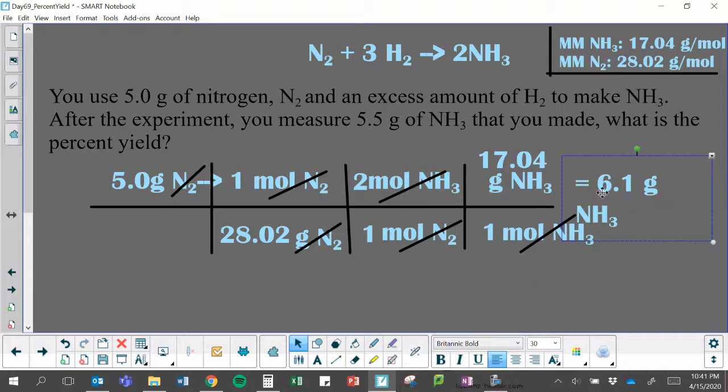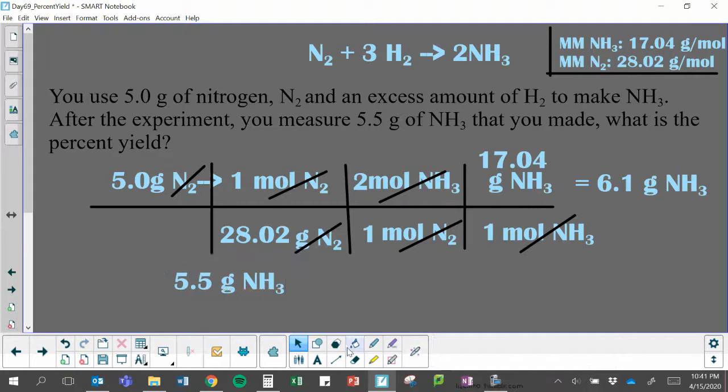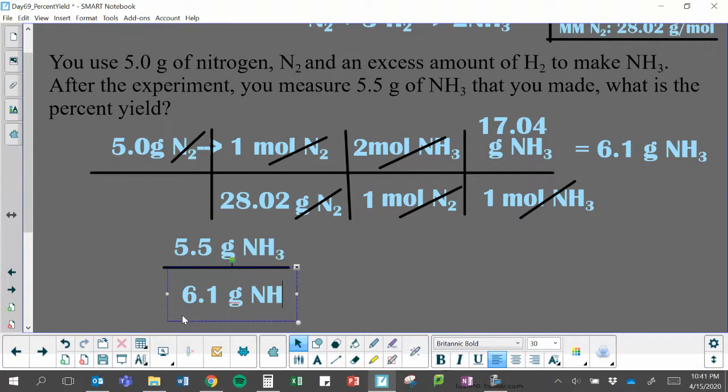So in this question, we are not done yet because it's not wanting how much we're making, it's wanting what our percent yield is. So remember that the amount we just calculated now is our theoretical yield. This is how much in an ideal world we would make, exactly 6.1 grams of NH3, but we didn't. We only made 5.5 grams of NH3. So this is our actual or our experimental value. So we'll put 5.5 grams of NH3, and then we'll do that divided by our 6.1 grams of NH3